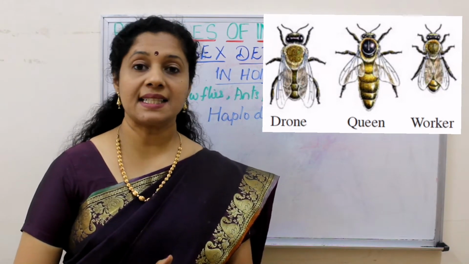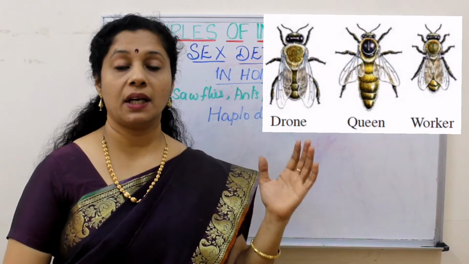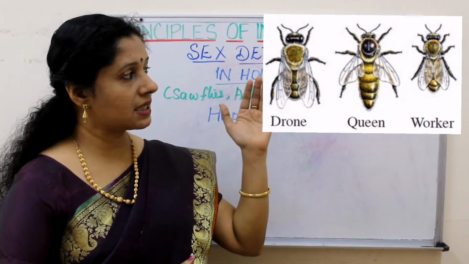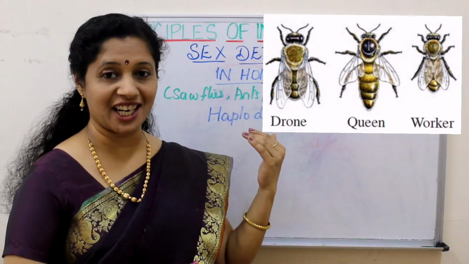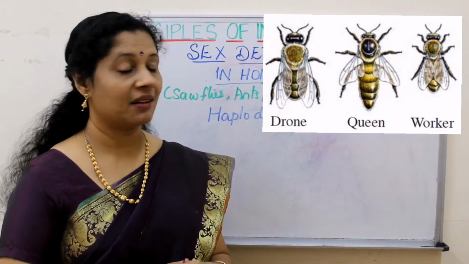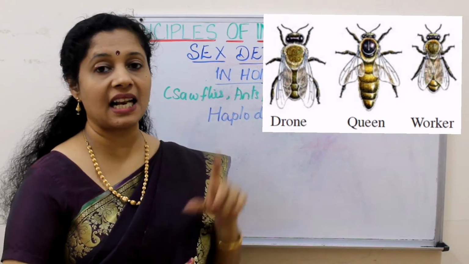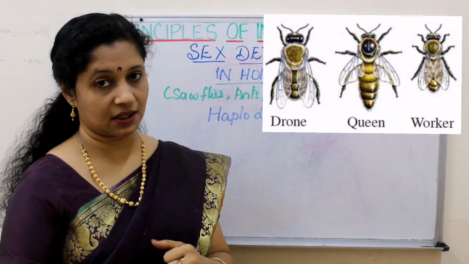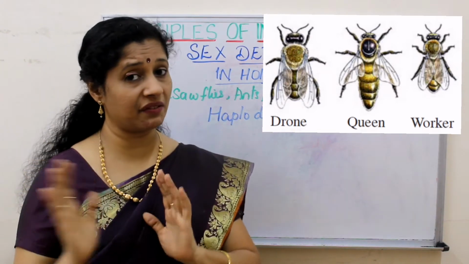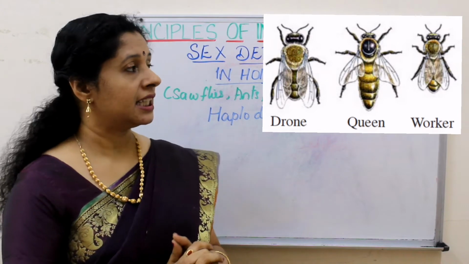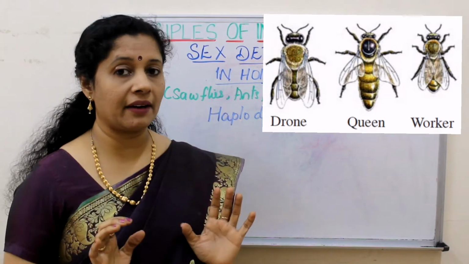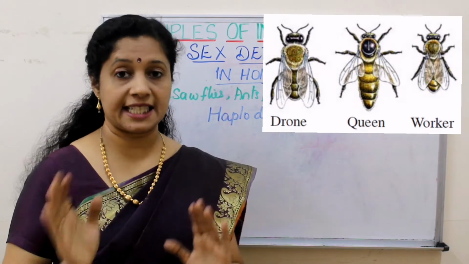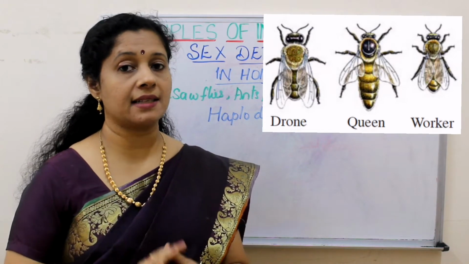Okay, now let us see how the queen, worker bees or drones are formed. But we know that the queen is a little elegant, right? She has a royal look, like a queen, because she is larger than others. The largest member is the queen, then comes the drone, and the smallest are the workers. There is a clear division of labor in the colony. The queen is the one controlling everything, determining the sex ratio, and laying eggs.